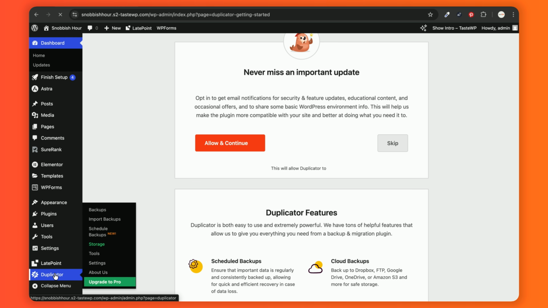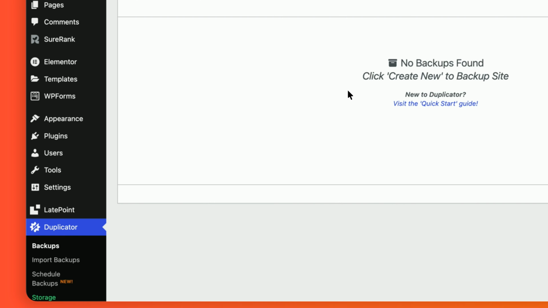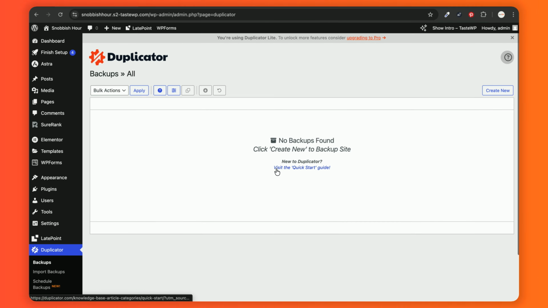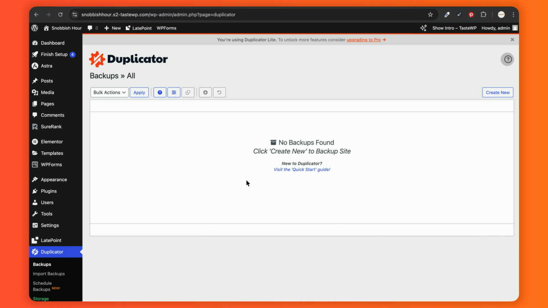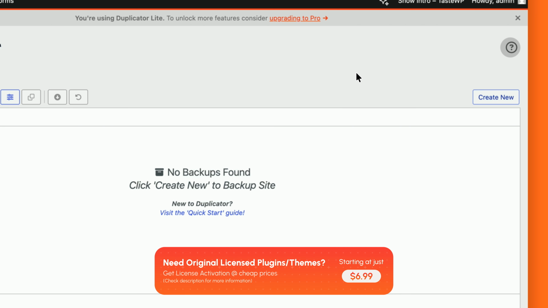Now you will see this Duplicator tab over here. So let's just go there, and this is the section where we will see all our backup files. Since we don't have any backup files, that's why we are not seeing any. So we'll just click on this create new button,